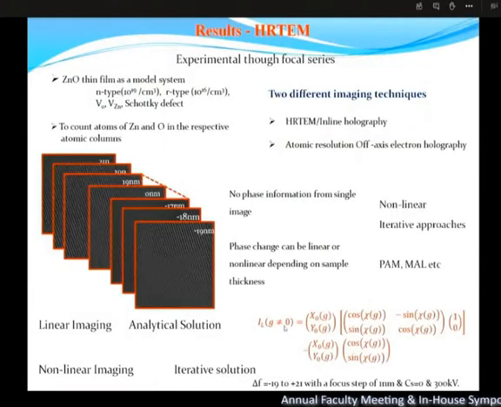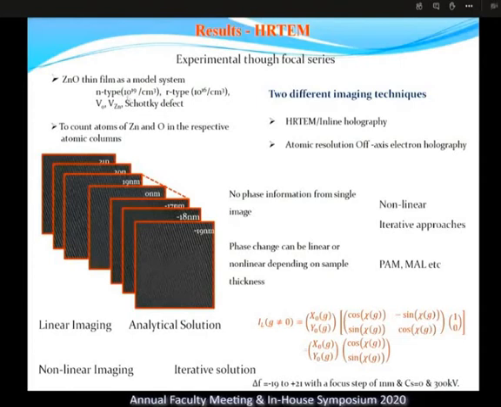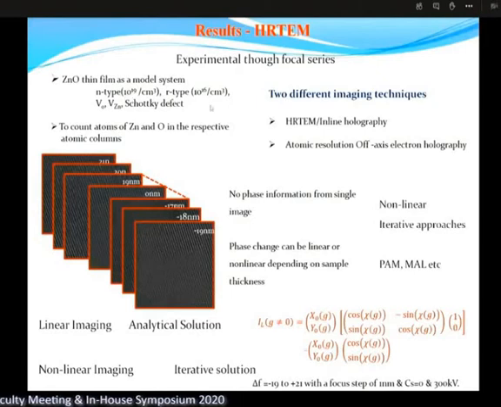Now coming to the results part, we have studied a zinc oxide thin film, epitaxially grown on a zinc oxide substrate, non C plane of the substrate. Our initial goal was to understand the native defects by imaging, between the N-type and the R-type sample, where we have a carrier difference of 10 to the 19 in one case and 10 to the 16 in another case. But due to some limitation at that point of time, we restricted ourselves only to the atom quantity.